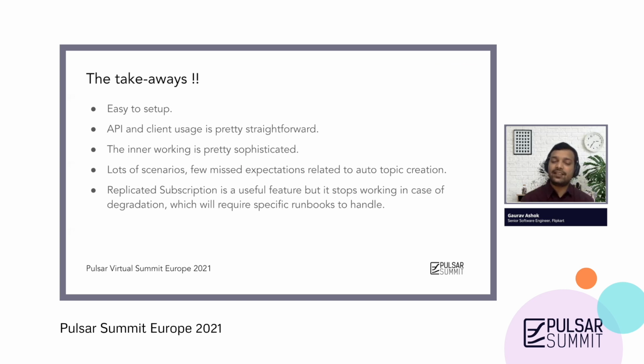And to handle that kind of scenario will require specific runbooks. And as we have seen, removing a cluster from the namespace can have drastic effects, right? So those specific runbooks, and the fact that it can require a manual intervention,